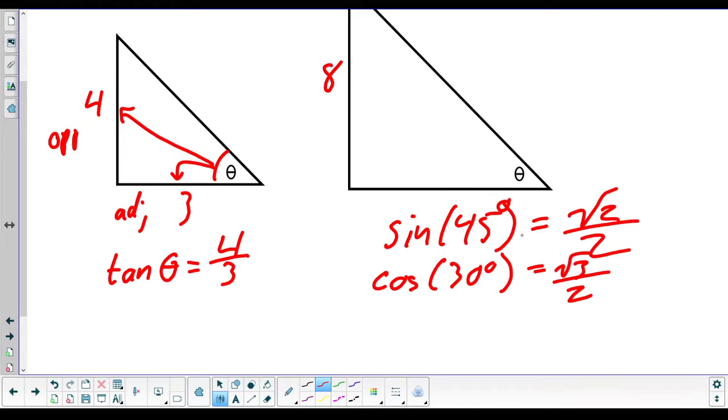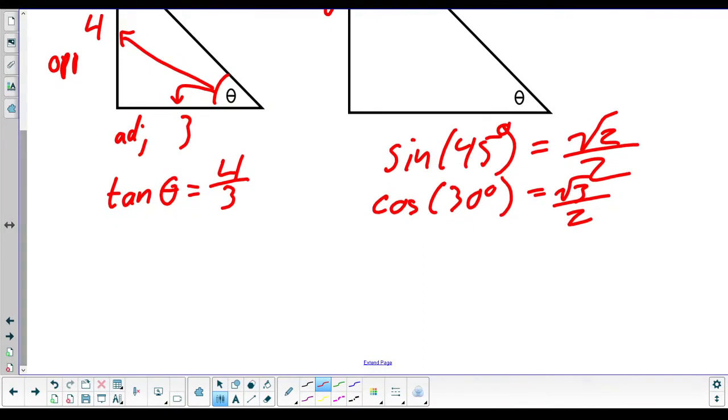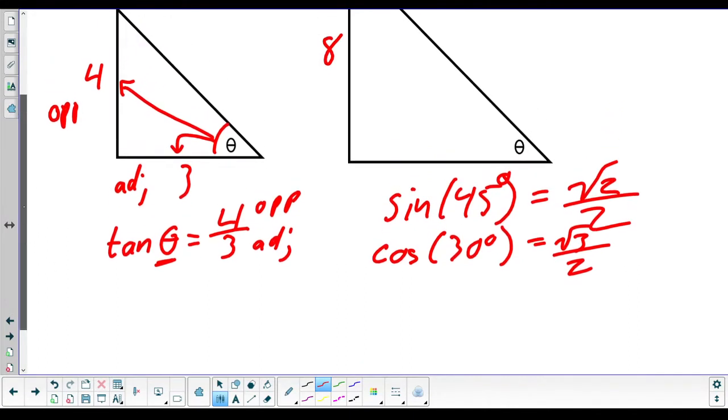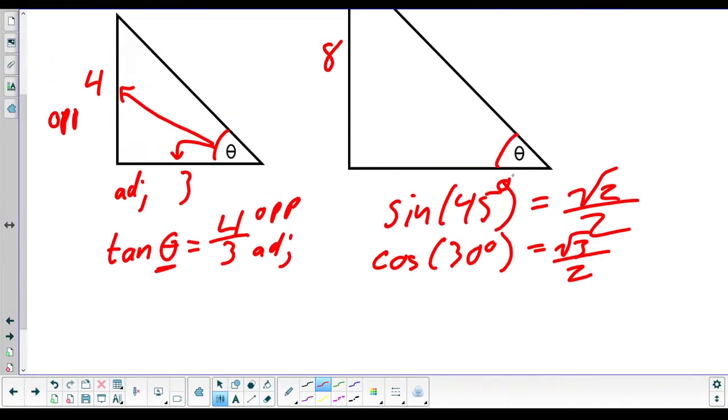If you have an angle, cosine or sine or tangent of that angle will always be a set value. Meaning, if I know the opposite and the adjacent side, as long as this angle doesn't change, these two numbers should always reduce to this same ratio of 4 over 3. So, because this is also theta,